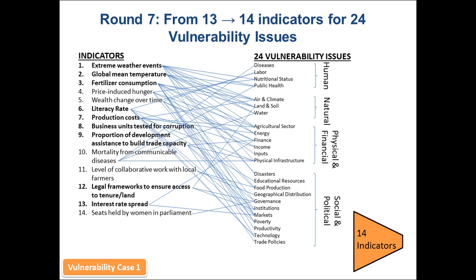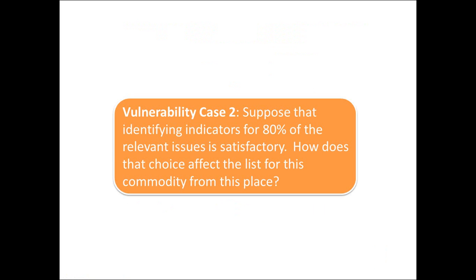14 is still small compared to 2,000, over a dozen indicators may still be way too many to measure. I mean, 14 is pretty good, but a group of users that simply wants to find a few metrics to start with to identify some key issues may not want to look at 14 indicators. So you can see that 14 indicators, quite different than the list that we came up for our first two